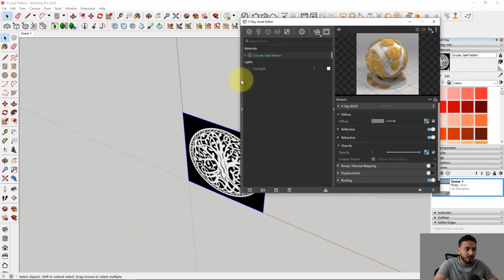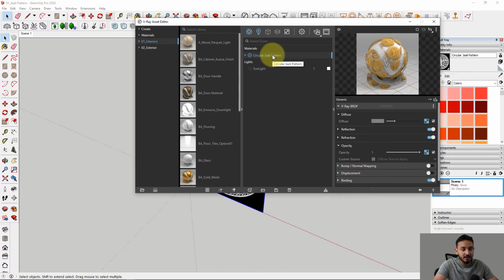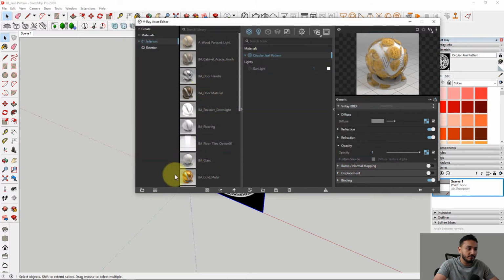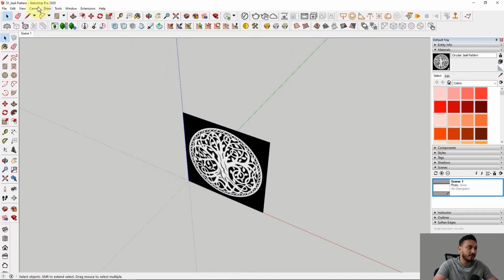What you can also do is, if you want to use this material in your other projects, you can drag it and make it part of your interior library. So simply open this by clicking on the left arrow here, and I already have a library loaded. If you want to load a library, click on open and then just open any library. Once it's open, you can simply drag this in and it'll be part of your library. So you can either do it that way, where you're making it part of your V-Ray library, or you can also save this out. So go to File, Save As. I think it's already saved as a jali pattern, so Control S.